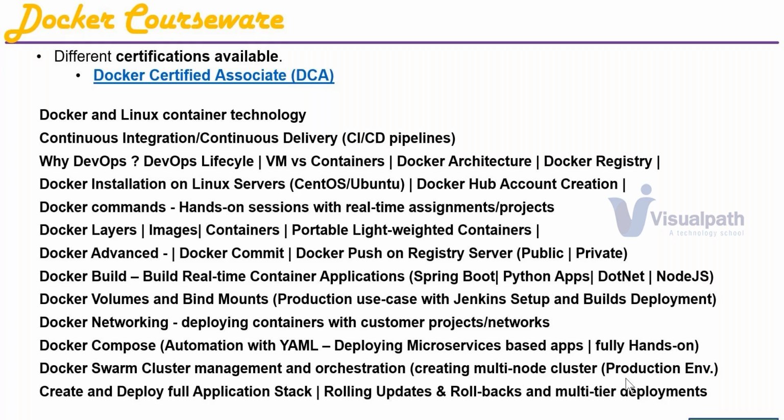Then we deploy a full stack application. So we'll give you a touch of full stack also, because I'll be deploying the applications here as a full stack. Then rolling update, rolling back, all that we will see here. So we'll do Docker, and we'll prepare for the DCA certification. These are the course content. A few security modules are also there, which I don't want to talk about here; those will be covered. We'll prepare you for Docker and Kubernetes CKA.